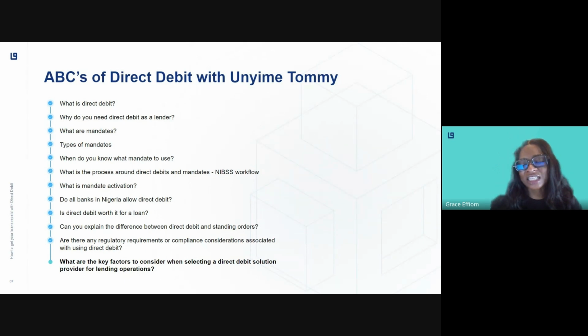If a customer has an issue, how do we address each of the issues? What are the pros or the cons of using it? Of course, the why of direct debit has already spoken to the pros of direct debit. We'll just talk about what other things I should look out for when using this particular service and all of that. But in your experience,